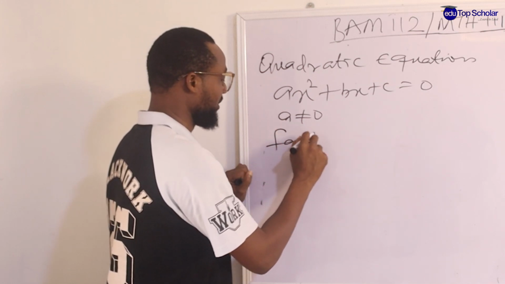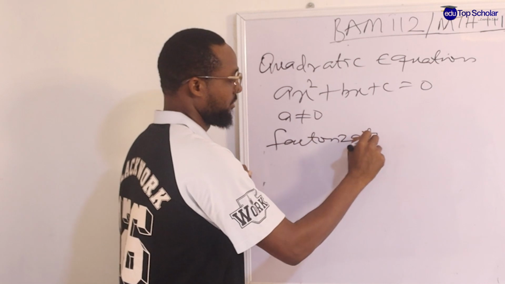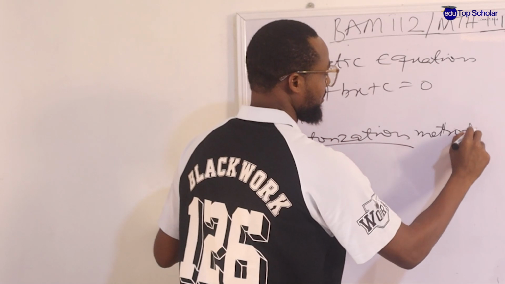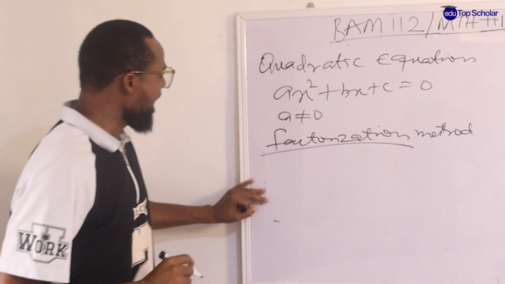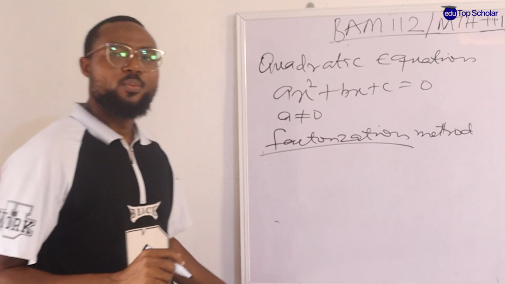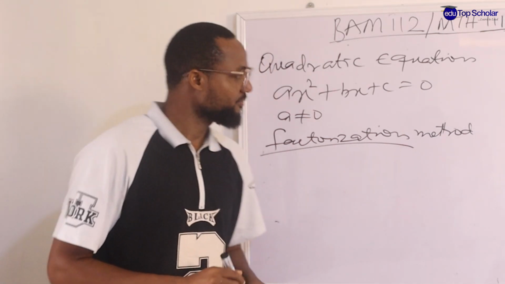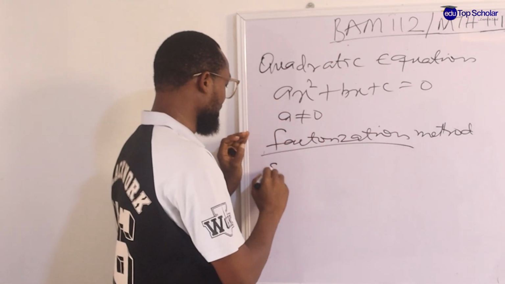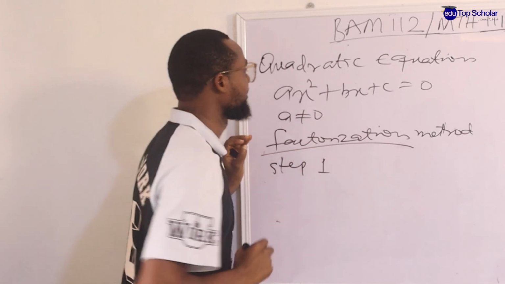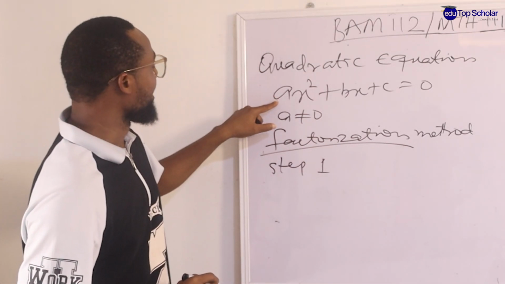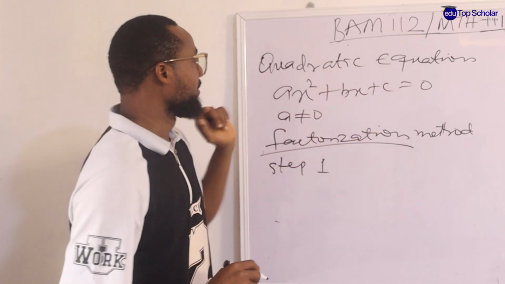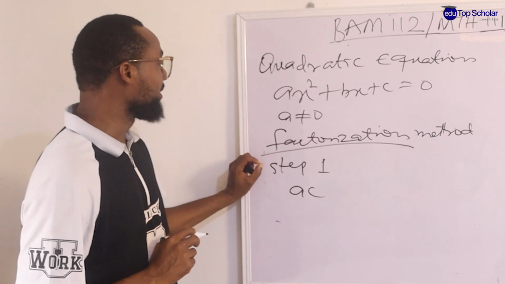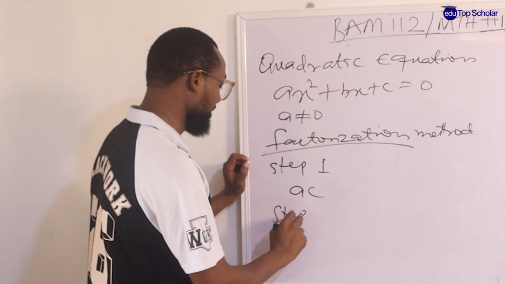For the factorization method now, here we have two basic steps. First, let me call it step 1. We take the product of A times C. We need to get the value of AC. That will be step 1. Step 2 now will be,